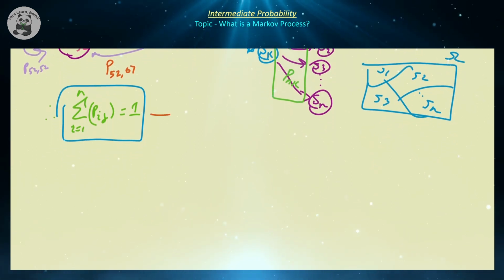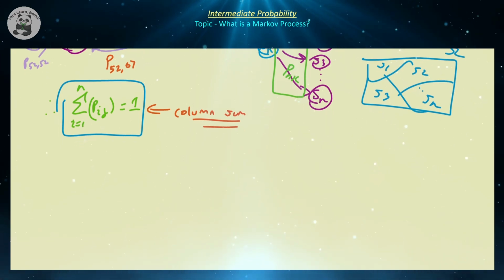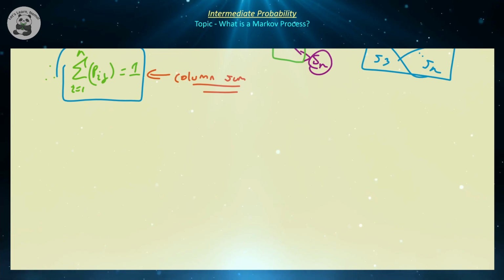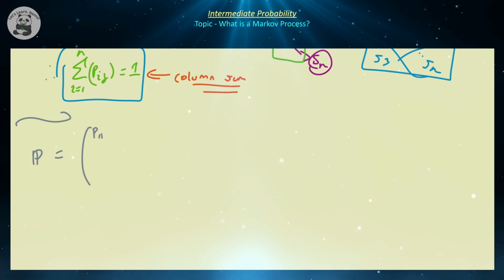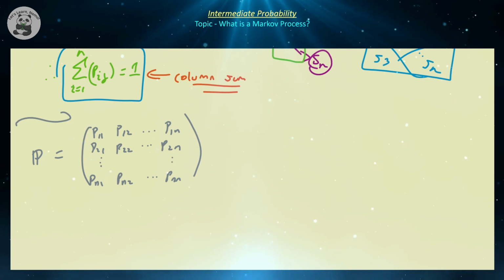So if we think of this from the perspective of matrix entry notation, then this would just be referred to as a column sum of some particular matrix. So what exactly is that matrix for which we're summing the values in a column? That's going to be represented by this fancy letter P. So this is going to be equal to P11, P12 down to P1n, and then we have P21, P22, all the way down to P2n, and that's going to continue all the way down to Pn1, Pn2, all the way down to Pnn, and that's obviously going to be an n by n matrix.